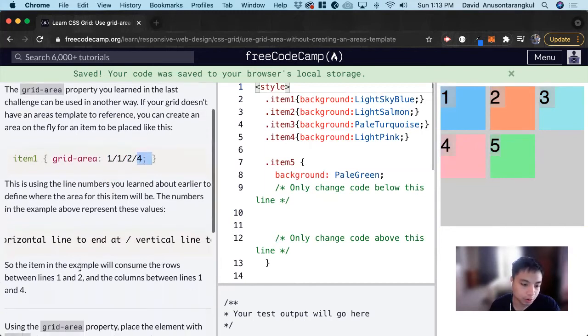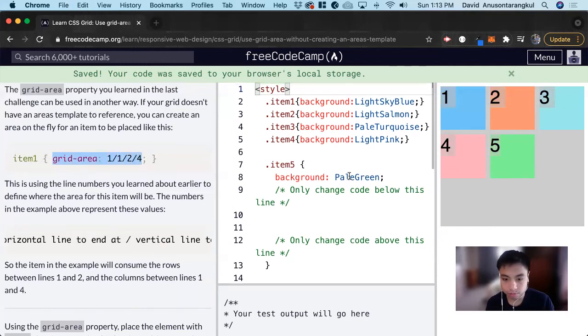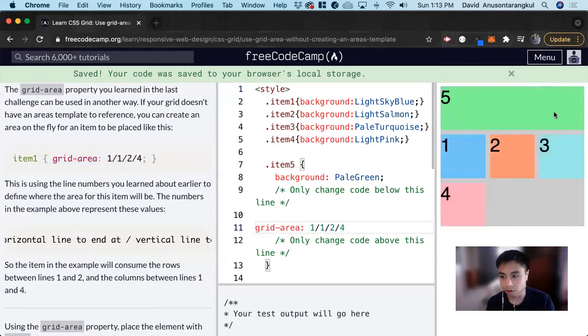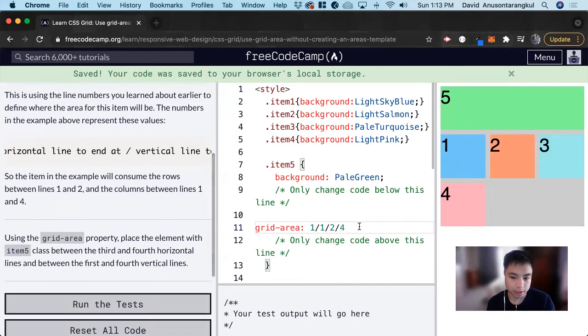For this example, it will show that the area consumes horizontal from 1 to 2 and 1 to 4. So we can look at it here. If we look at it, we see 1 and 2 horizontal, 1 and 4. So for this exercise, it wants us to